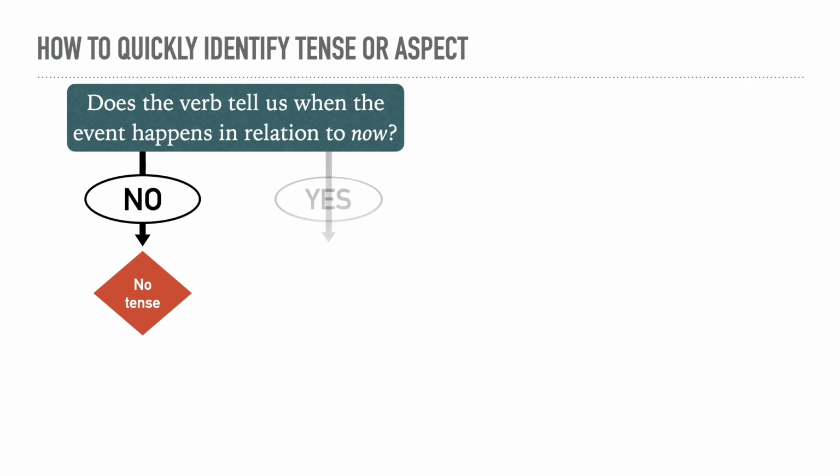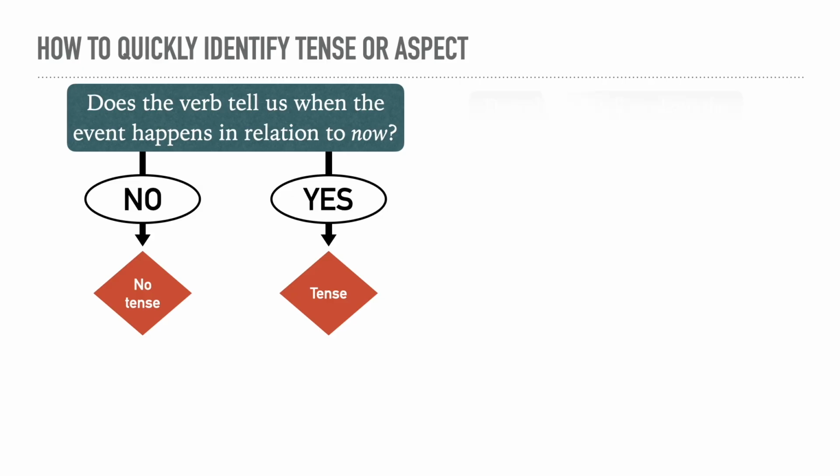If the answer is yes, we have tense. So on walking, there's no tense information, but on walked, there is past tense information. So that tells us that walked is marked for tense and walking is marked for aspect, or at least lacks